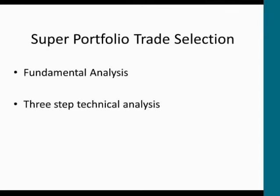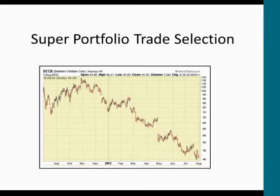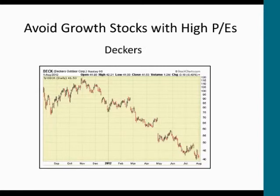Now one thing you want to avoid in this type of market environment are growth stocks with high PEs. They're just getting crushed this year, and I'm just throwing out a couple examples of stocks that would fall into this category. There's quite a few stocks in this category that just don't do well in a slow-growing economy,